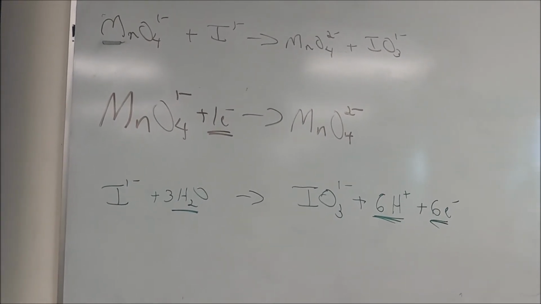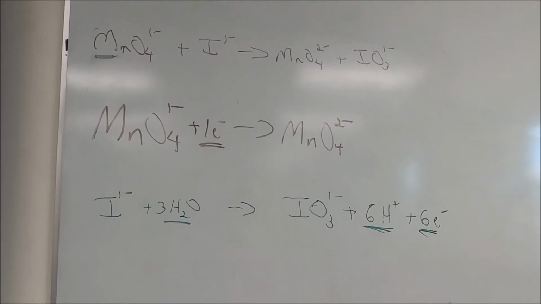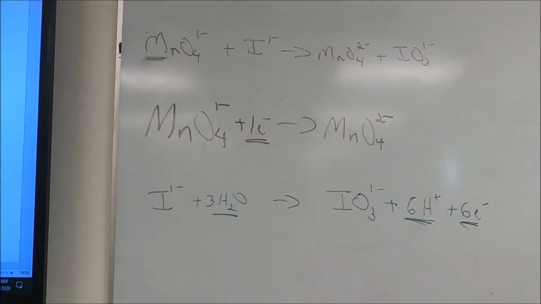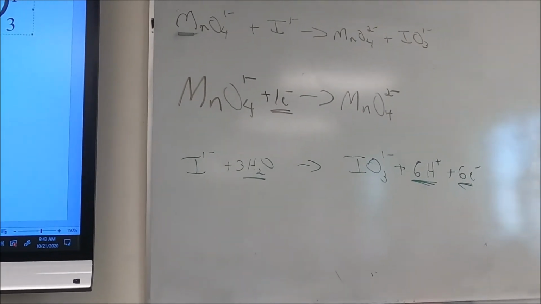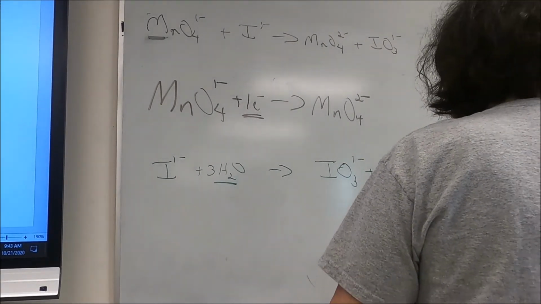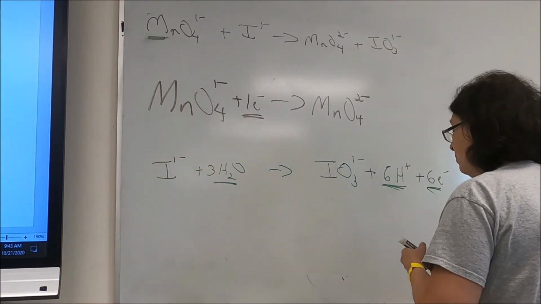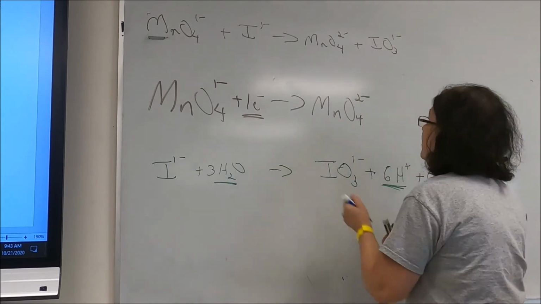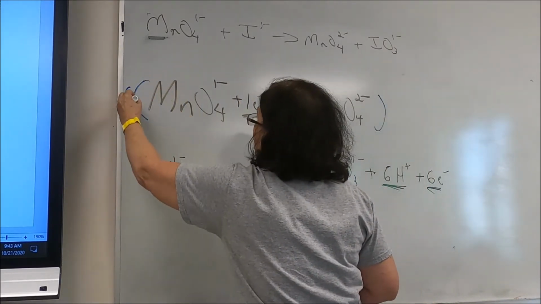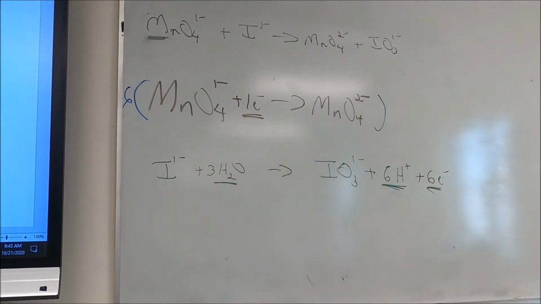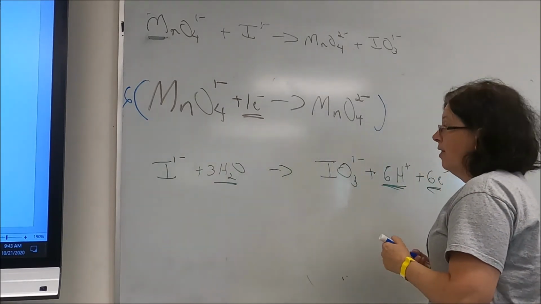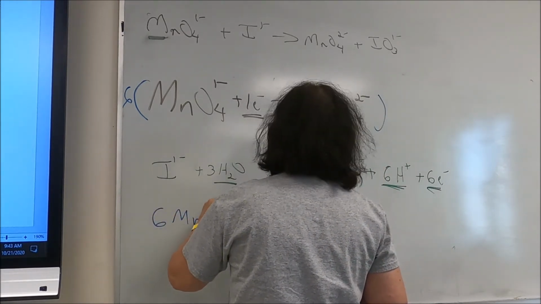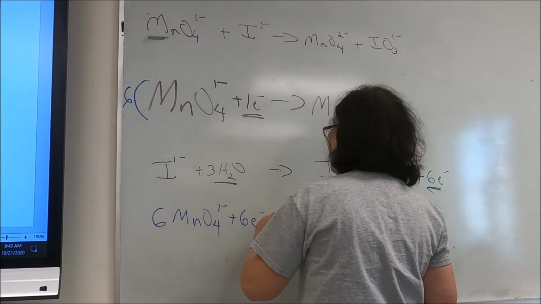Now I want you to notice the top half reaction involves 1 electron. The bottom half reaction involves 6 electrons. So let's start fixing things. Before I can add them together, I have to have the same number of electrons in both half reactions. So I'm going to take this top half reaction and I'm going to have to multiply it by 6. So that means I'm going to have 6 MnO4 1- plus 6 electrons